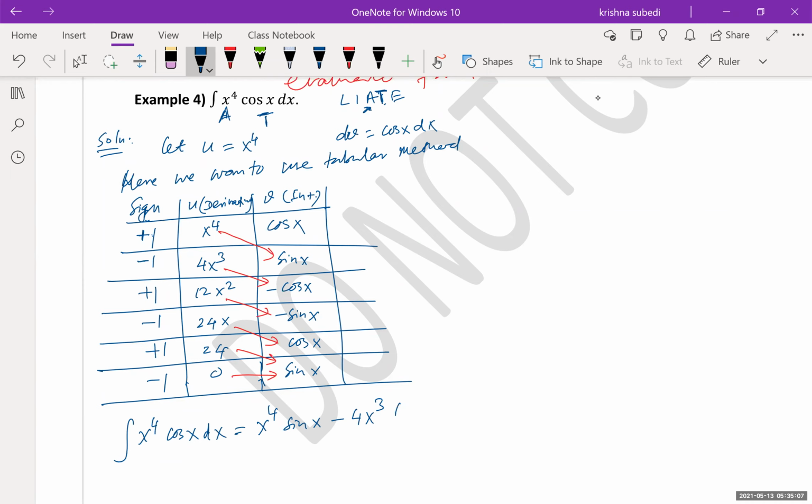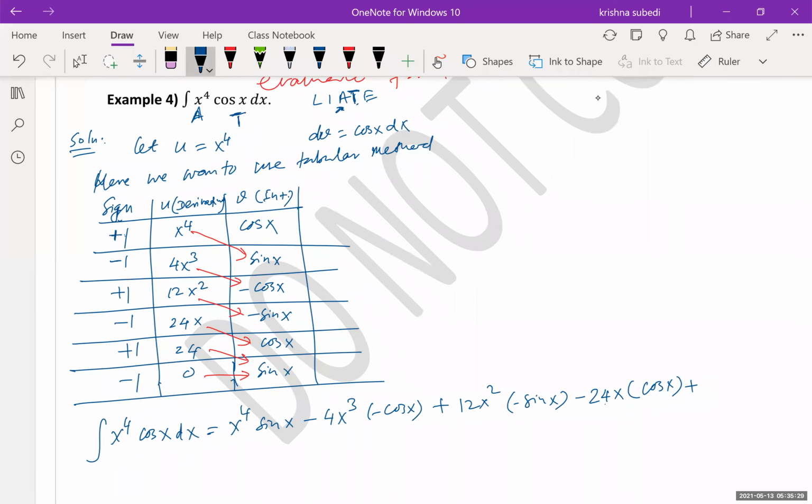So that's going to be this, and then plus 12x squared times negative sine x, minus 24x times cosine x